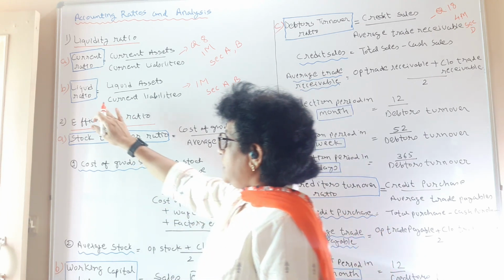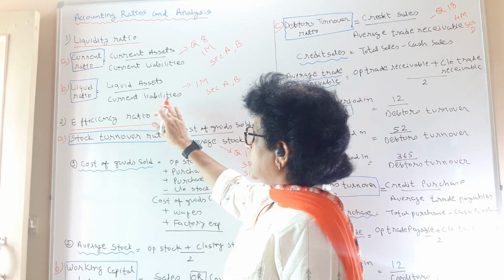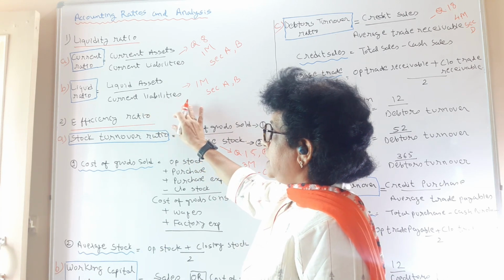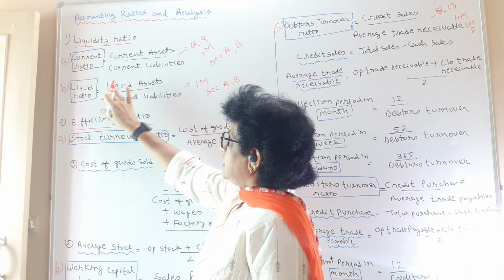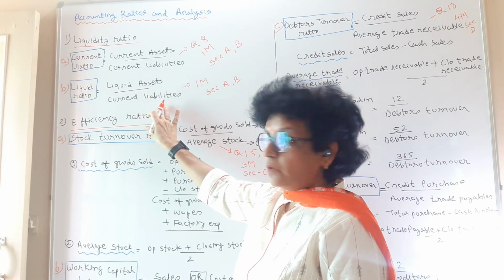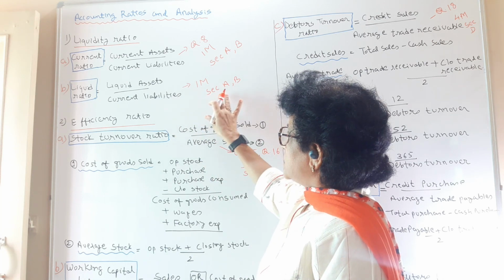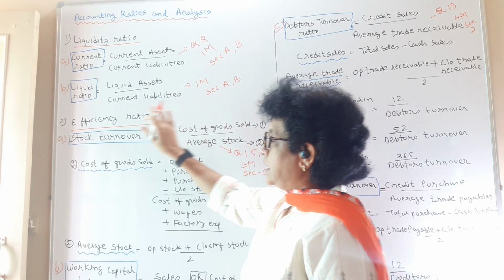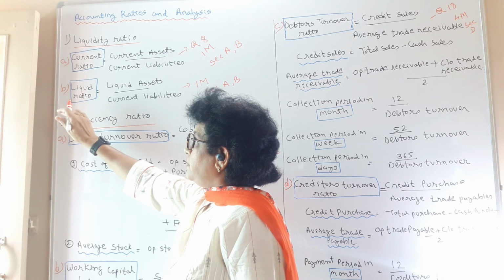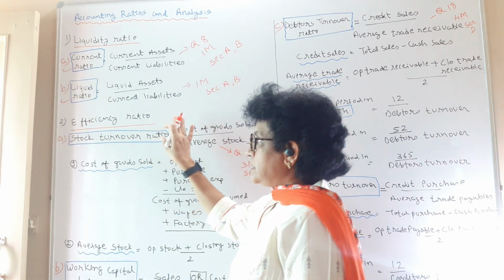This question can be asked, or they may ask you what is the formula for current ratio. Second one is the liquid ratio, that is liquid assets upon your current liabilities. From the total current asset, you have to find out the liquid asset, and the total current liabilities are to be divided. Again the question may be for 1 mark in section A or B, or a formula may be asked.